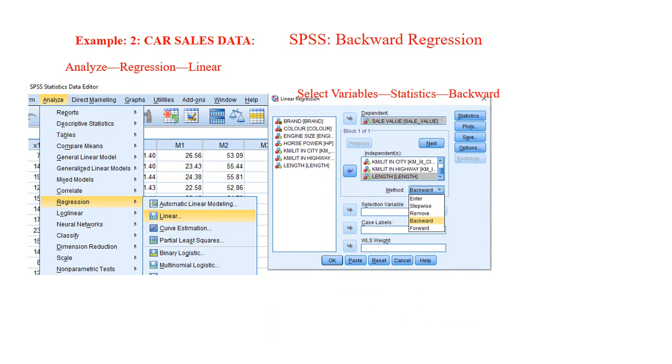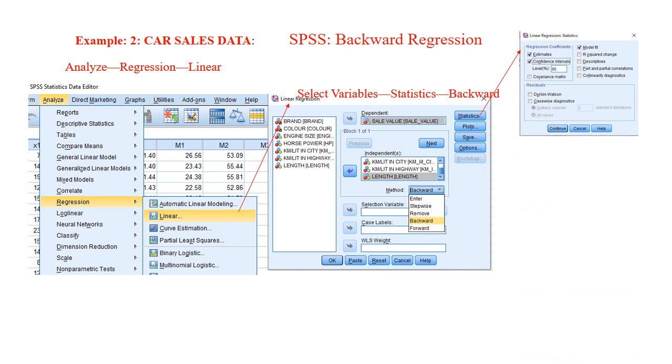A sub editor will come; in that, for the dependent variable you transfer the variable sale value, and for the independent variables you select all the independent variables given here, and then click statistics. Then you will get a sub editor; in that, estimates, model fit, confidence interval, and if required you can tick mark R square change also, then you will get the output accordingly.